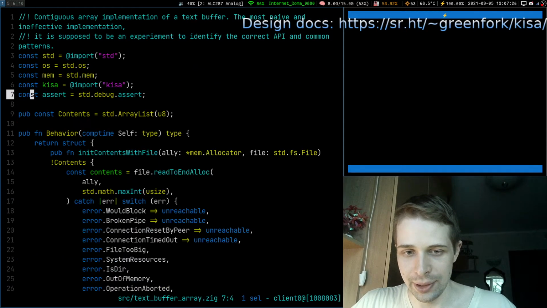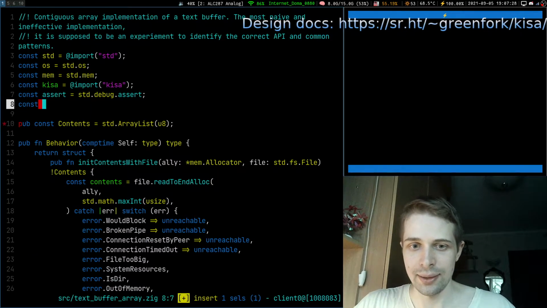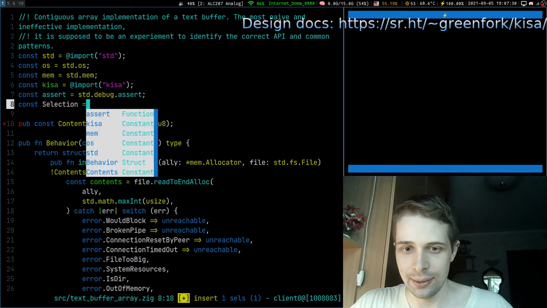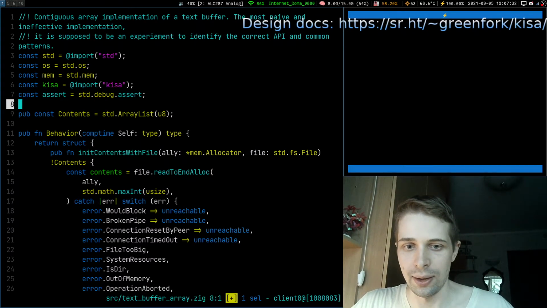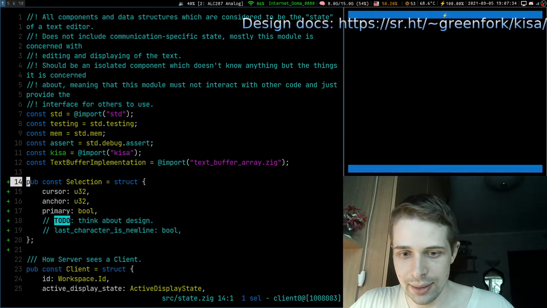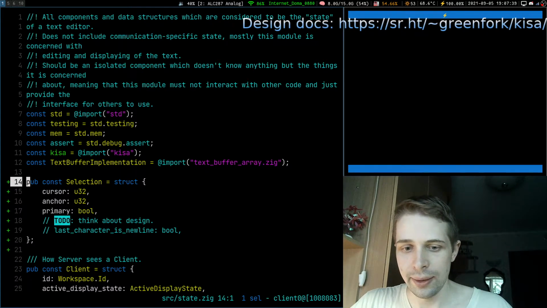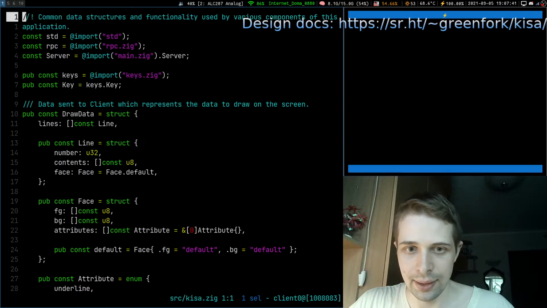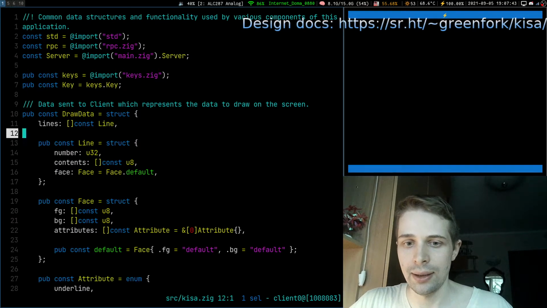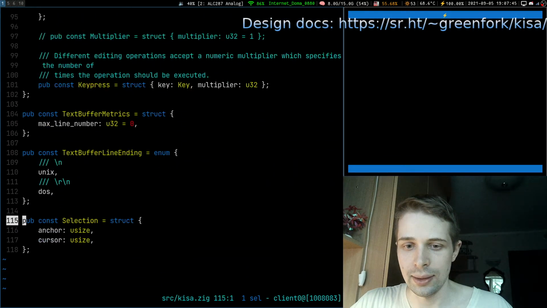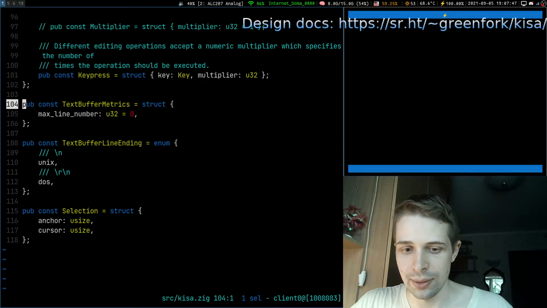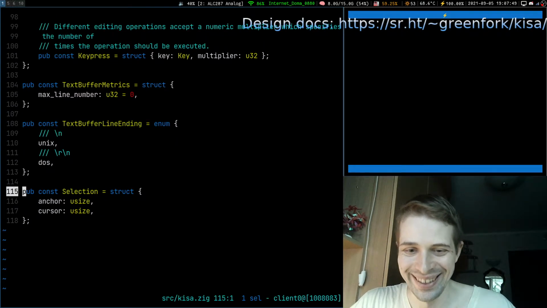Our selection should be ready. Let's go here and get our selection. We will just import it. Oh, right. Several things about how we import stuff. We have kisa, a global file with all the data here, which is used. Oh, here's selection.